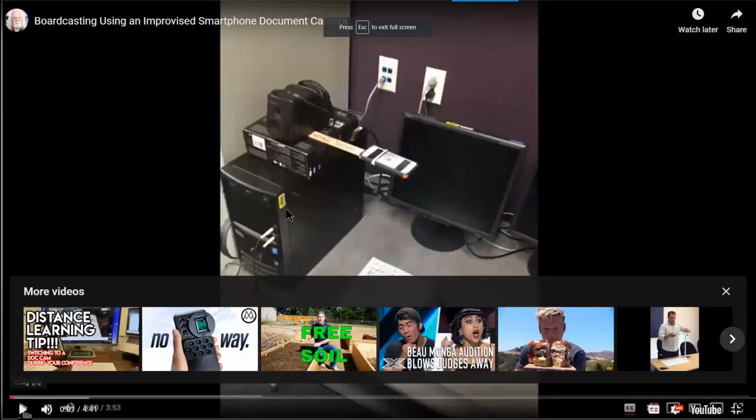And let me full screen that so you can see it better. High tech, I tell you. Took a smartphone, strapped it to a ruler with a rubber band, with the main camera facing downward. I then went to a computer in the lab. The computer wasn't quite tall enough to give the smartphone enough viewing field. So I put a box that I had handy on that